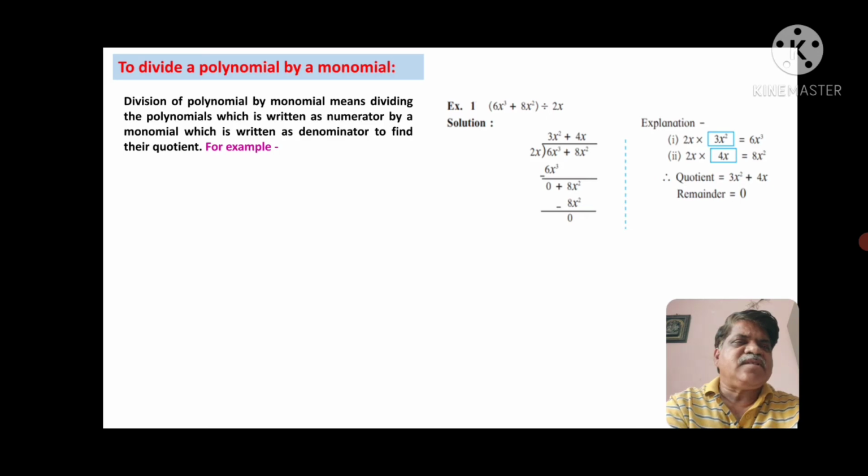So this 2x is multiplied by what? In the second part of the explanation, 2x is multiplied by what to get 8x square? That is 4x, in the blue box. That will be the next term of the quotient. So 2x into 4x you get 8x square, so the subtraction of that gives you 0. Therefore here you are getting the quotient as